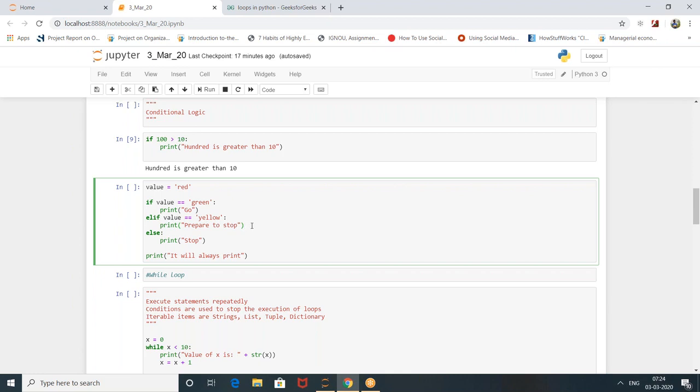In the else condition, can we give any other condition? No, the final else is just else. So at the top we are giving if value is equals to green. That's false, then it'll print go. Then it'll come to elif value is equals to yellow.